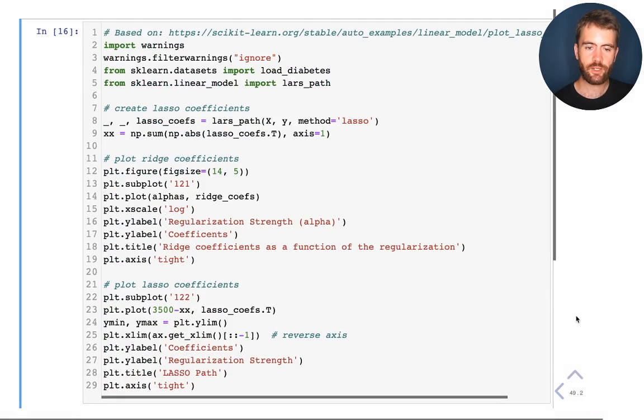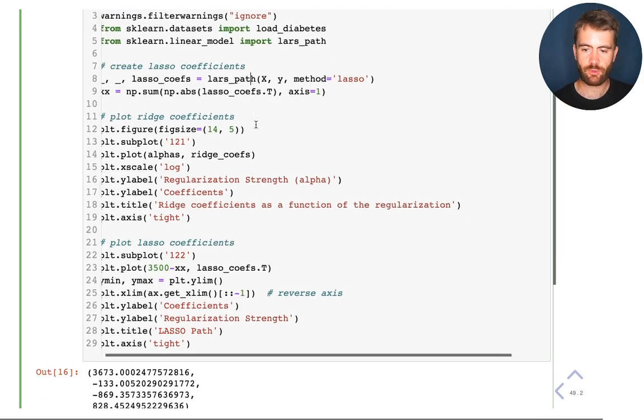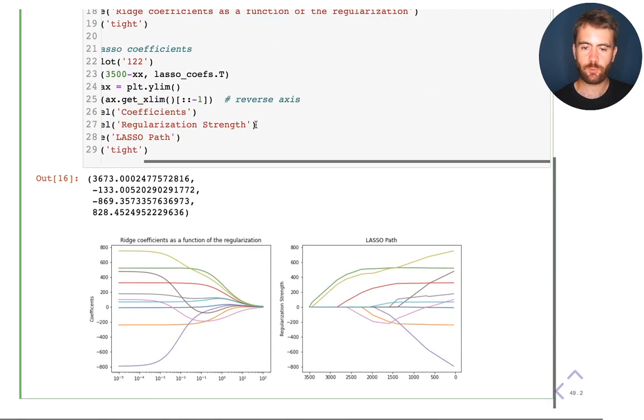Here again, I'm implementing Lasso. I'm running an algorithm called Lars, and it also returns a set of weights for different values of the regularization parameter. Now I can plot side by side the weights of Ridge on the left and the weights of Lasso on the right as we vary the strength of the regularization parameter. And now what you see here is